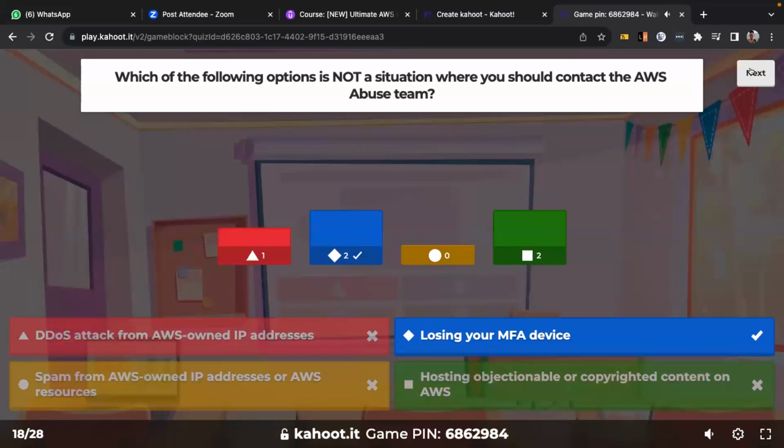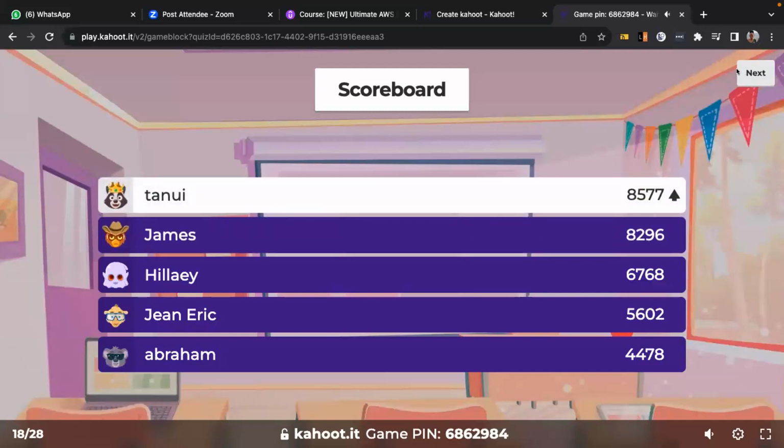When you lose your MFA device, you have to open another account because AWS can't help you with that. The AWS abuse team is where you report malicious activities that happened on AWS services and affected you, maybe like a DDoS attack from AWS-owned IP addresses, or spam from AWS-owned IP addresses or resources. That's when you can contact the AWS abuse team.